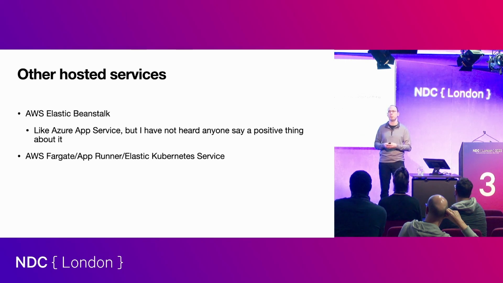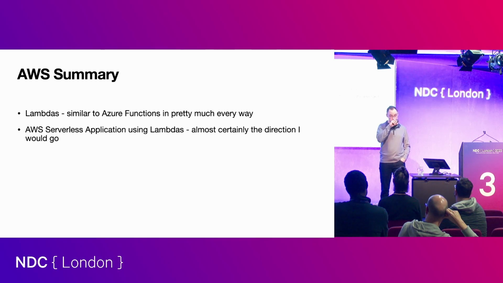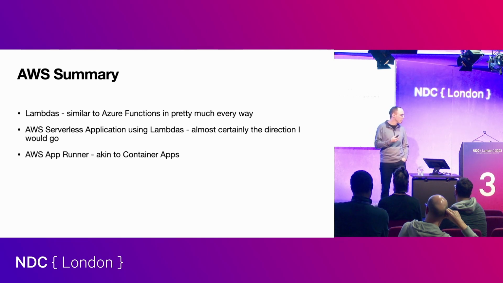I didn't dive too deeply into this, but my general conclusion was that if I were to look at this and use it, I would probably look at App Runner very closely. And then, of course, there's Kubernetes service if you choose to use Kubernetes, which you may or may not. So there's probably no surprise that Lambdas are pretty much like Azure Functions, but it's the AWS flavor of them. And then if I were to do Lambdas for sure, I would absolutely invest time and energy into learning the CloudFormation way of doing things, which seems to be